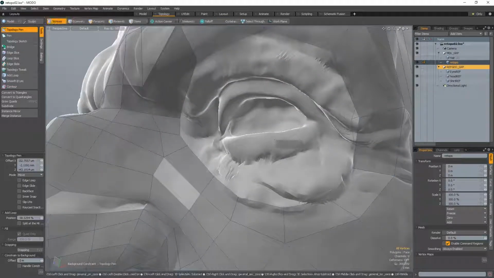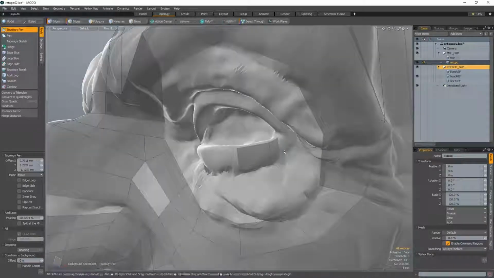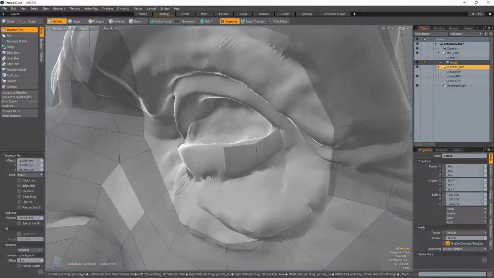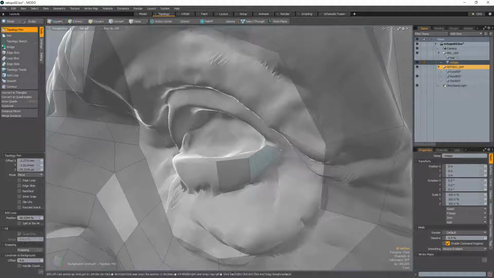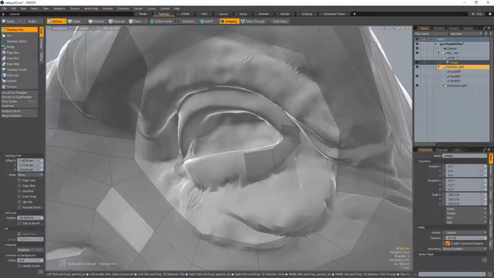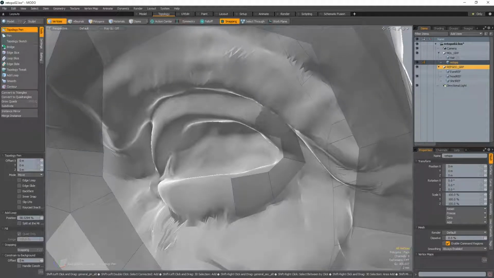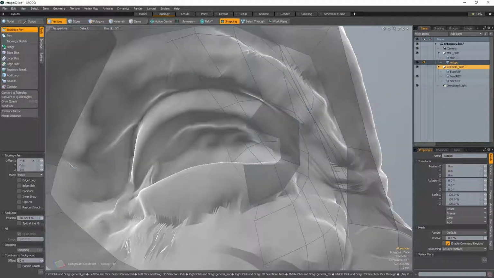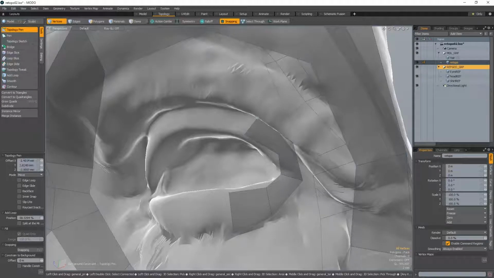So as I said before, MODO is pretty good for topology. It's really good for modeling in general. I currently work professionally in Maya, but I still do most of my retopology in MODO, just because it's good. And Maya also has some pretty serious limitations, though it's getting better. But yeah, MODO is very nice for modeling,